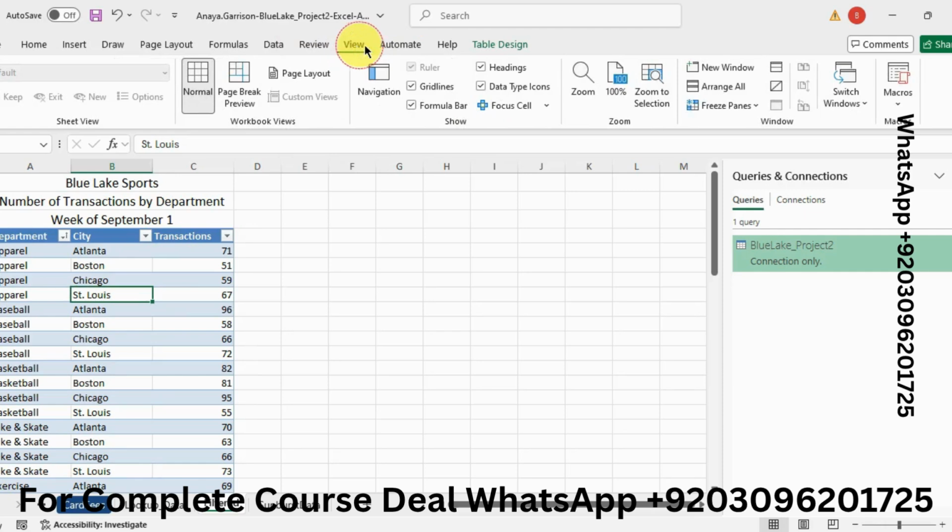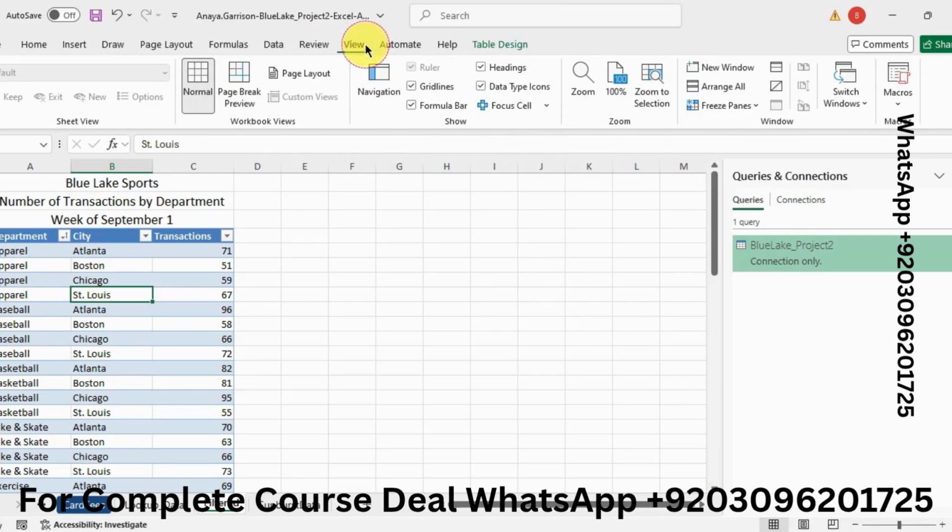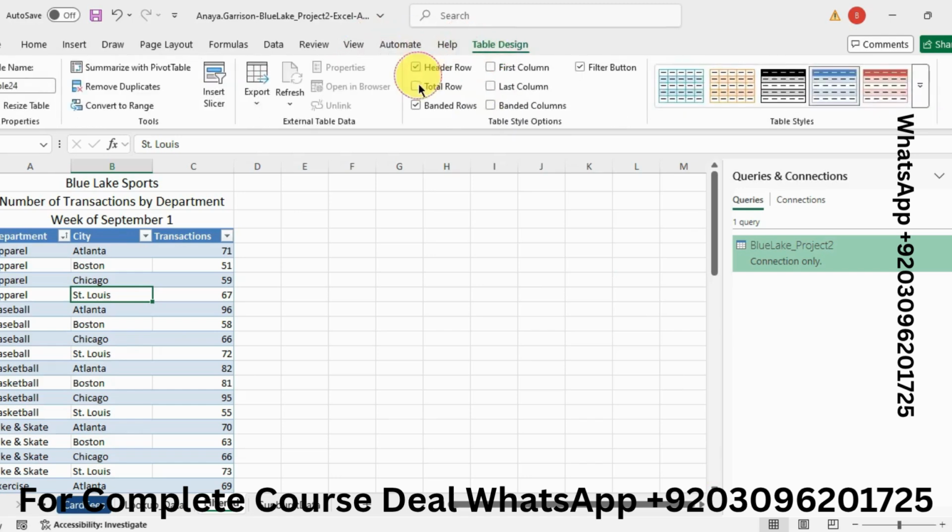Click on view tab and look for the total row. I did not see it there, but yeah, click on table design and now click on total row. Check the box of total row.